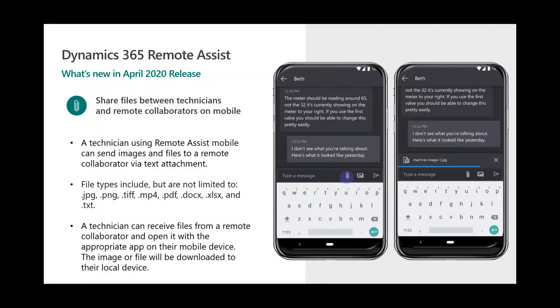Another new feature for mobile is the ability to share files. So now you're able to put files directly into the chat. We had that on HoloLens previously, but now it's on mobile. And for mobile, it's a wide variety of file types that you're able to post into chat and take a